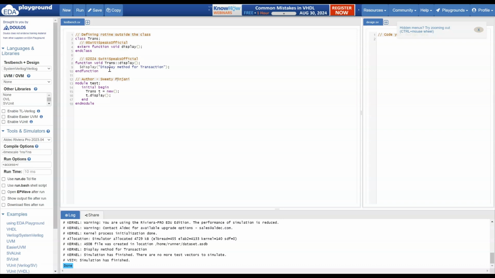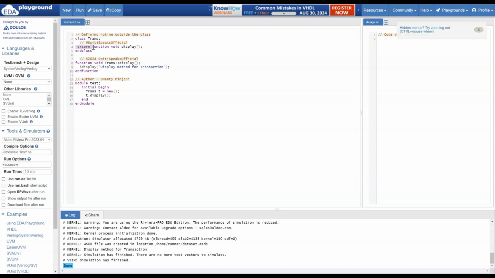What you can do is take a somewhat more complicated example, have some variables inside your class and display the value of those variables, or have some complicated function, have some operations performed on those variables. But the main intent is that I want to make you understand how to use this extern keyword.